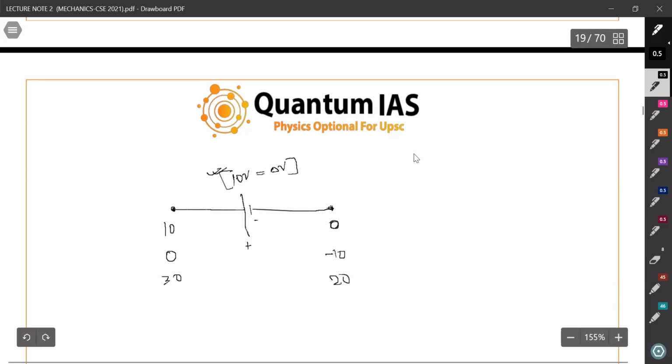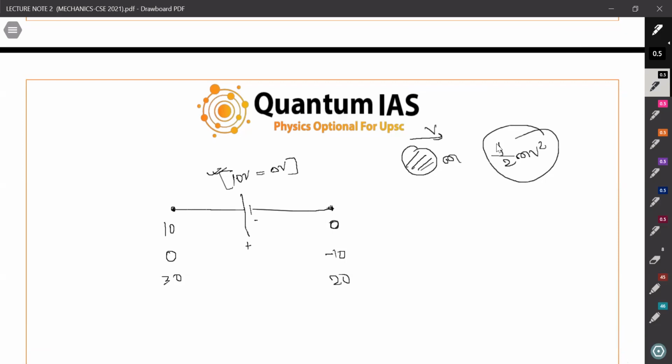Suppose you are moving with velocity v and mass is m, your kinetic energy is half mv square, and no one is going to change this energy unless a force acts on it. If a force acts on it, it changes the energy. So the impact of the force is the measurement of how much your energy is changing.